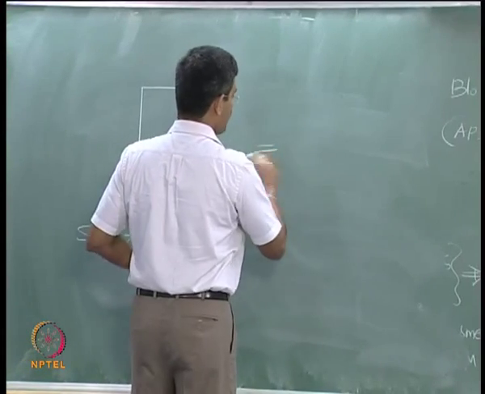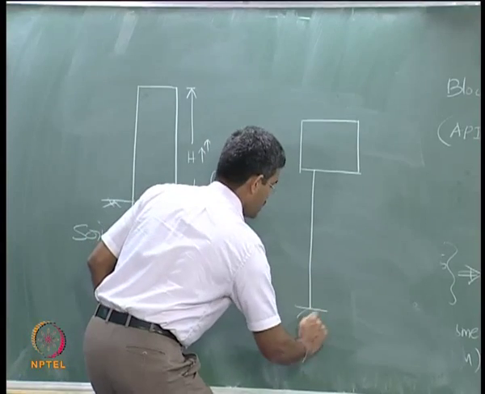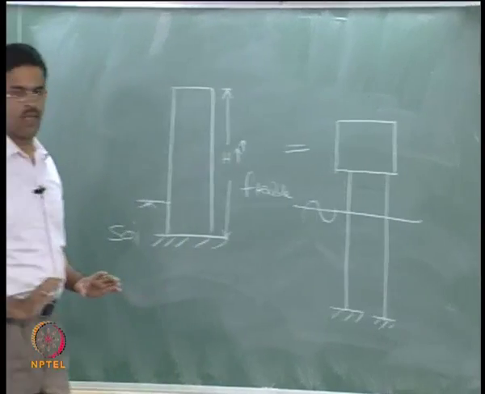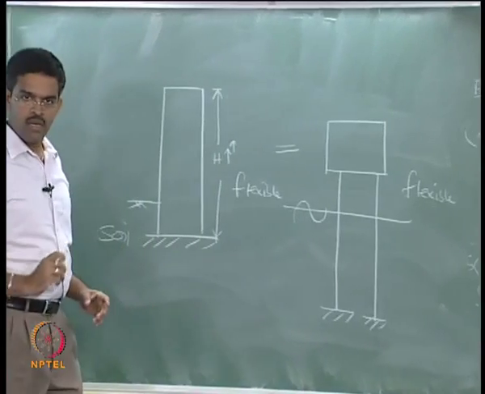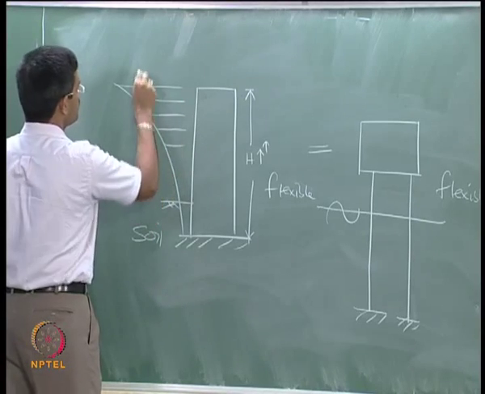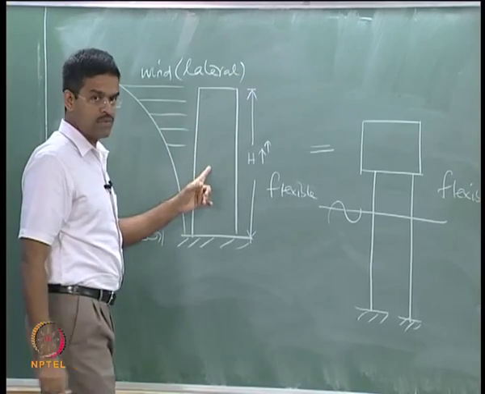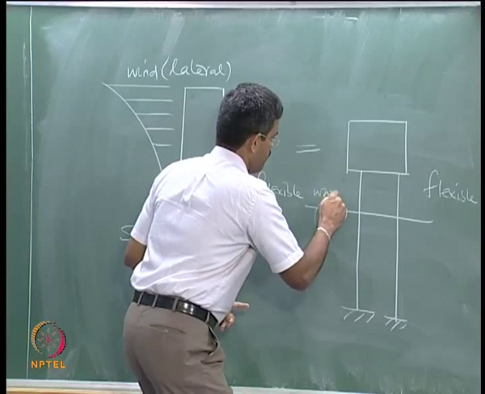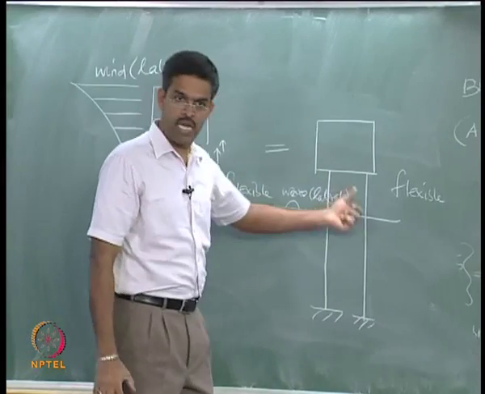Compare this with a flexible system like, for example, a TLP, which is again founded to the seabed, of course in a water body, and is again flexible. Now I can design the system for wind loading, which is one of the lateral loads governing the system design because it is tall. I design this for wave loading, which is again a lateral loading, one of the governing loads for the system for design, agreed.